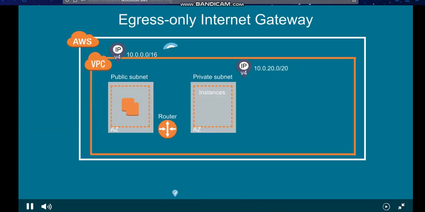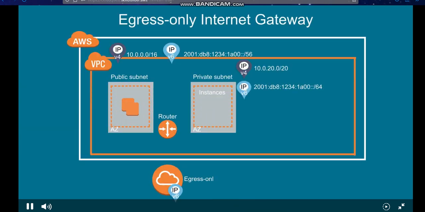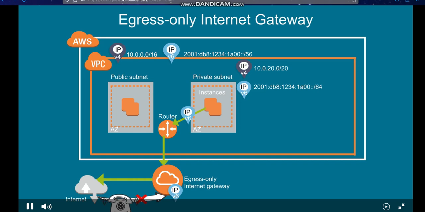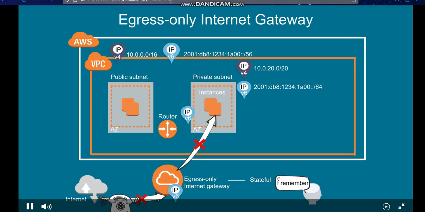For IPv6 traffic, you would use an egress-only Internet gateway instead. It allows outbound communication over IPv6 from instances in your VPC to the Internet. At the same time, it also prevents resources on the Internet from initiating communication with your instance directly. An egress-only Internet gateway is stateful. It forwards traffic from the instances in the subnet to the Internet, and then sends the response back to the